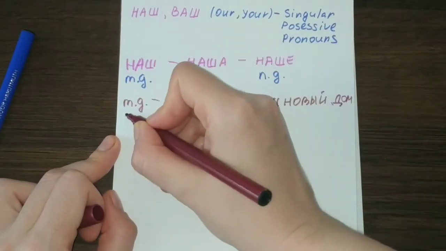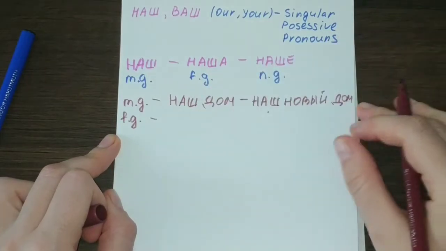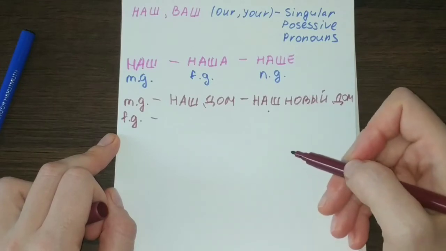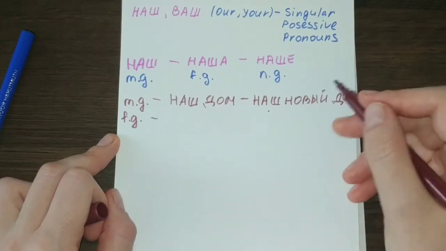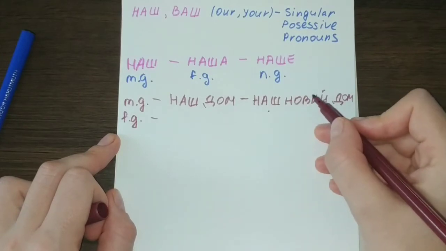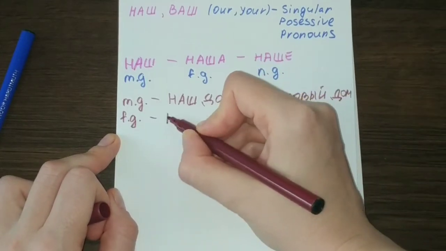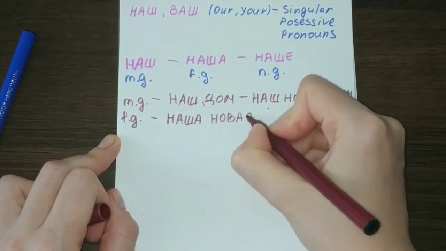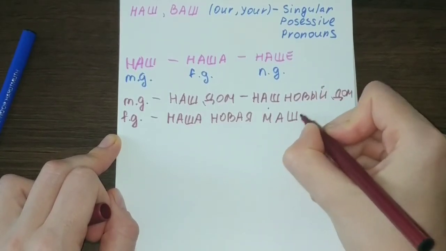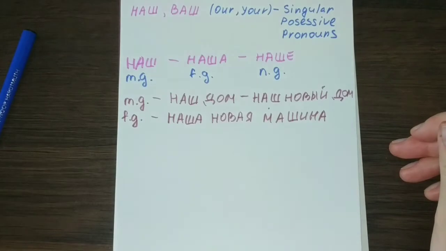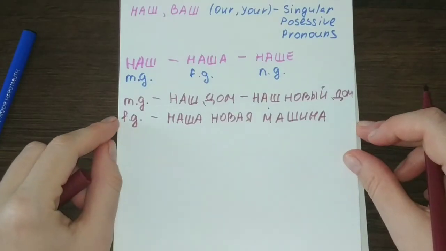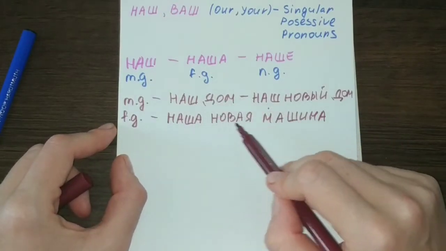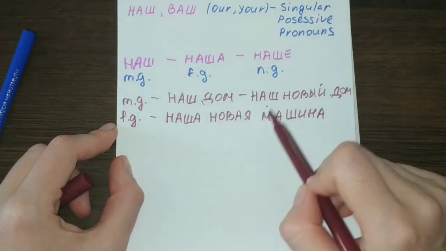Next we have, for example, the feminine gender. Let us take the word car, meaning машина. Машина is of a feminine gender. Let's make an example with both noun and adjective. Let's use the same adjective новый, but in its feminine gender, of course. So there will be наша новая машина. Наша новая машина. So our new car. All of the 3 words here are of a feminine gender. Our new car, наша новая машина.